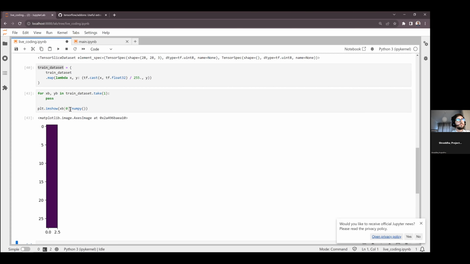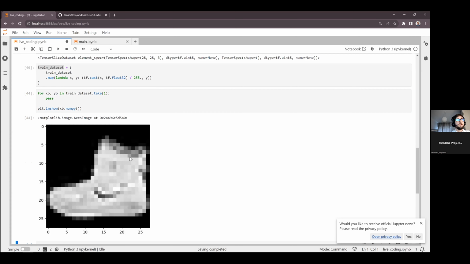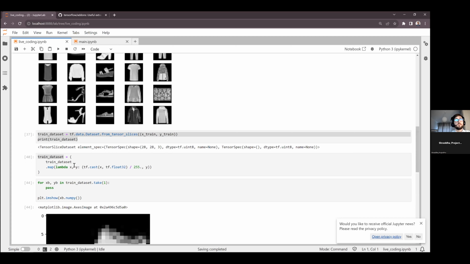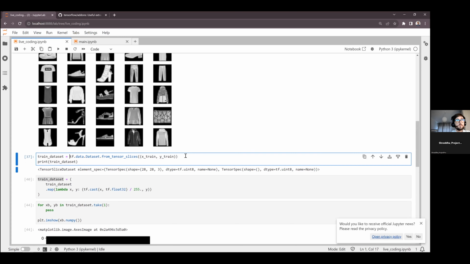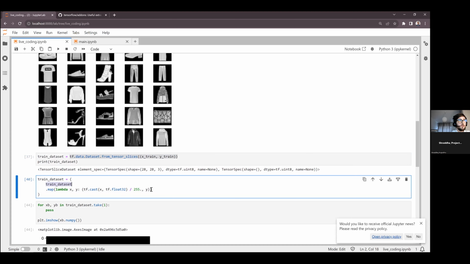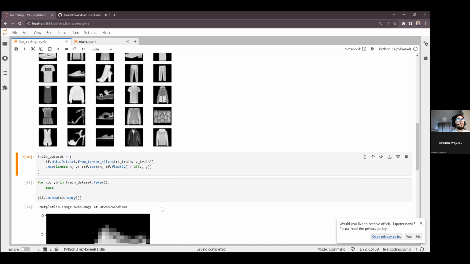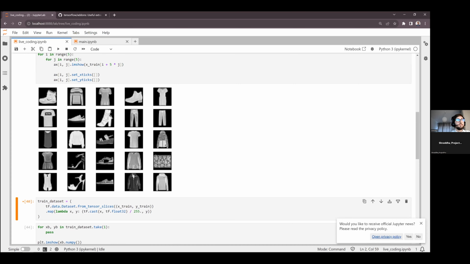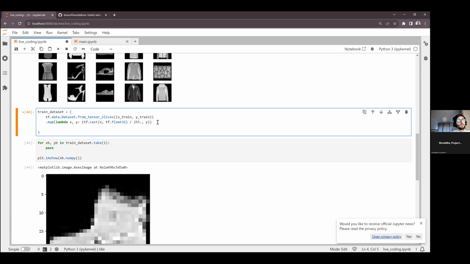Okay, we have one image just. We get again the first one, since we have not shuffled our dataset yet. So maybe I can do something like that so that we will not need to run everything again. You can see it's again the first one, since we have not shuffled it. Maybe here we can put some data augmentation, but for now, we will do it later.